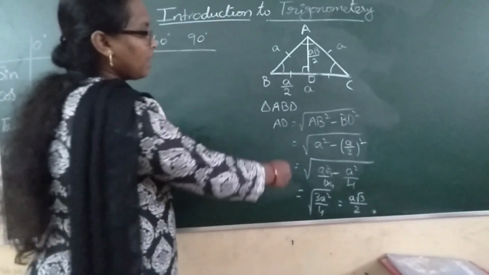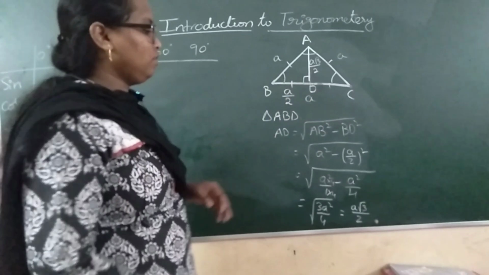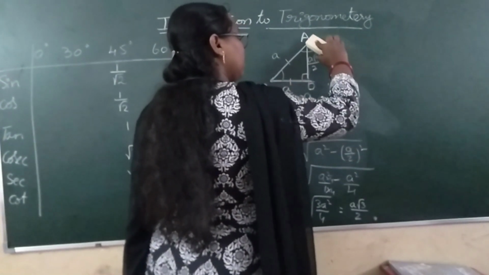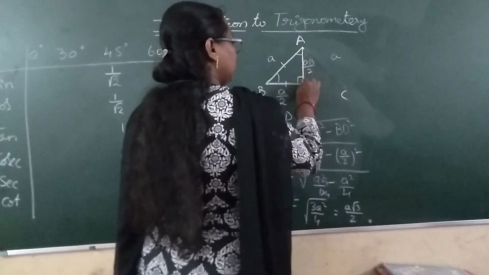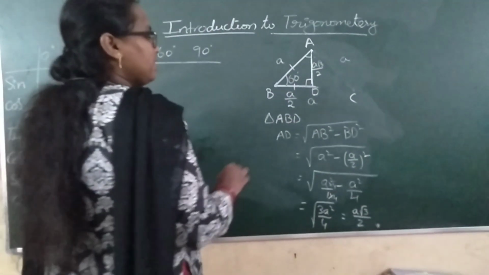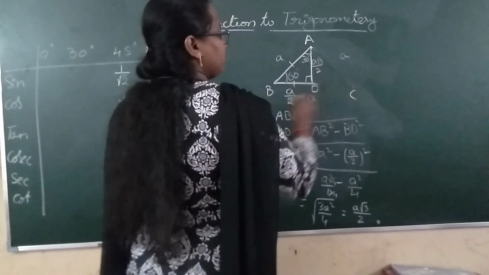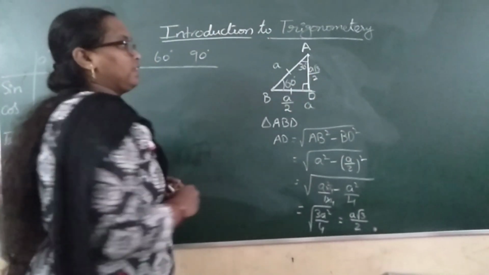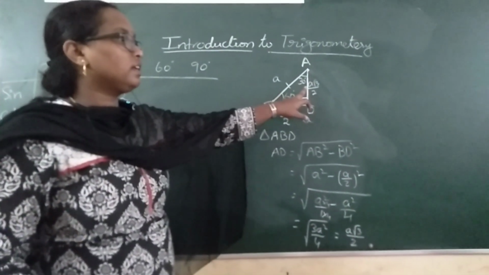I have done that. I got the opposite side. Now I am going to arrange this triangle for your better understanding. If you observe, since this is an equilateral triangle, this angle is 60 degree, and since it is bisecting, this will become 30 degree. In this triangle itself, I can find 60 degree and 30 degree, since I have all the side values.